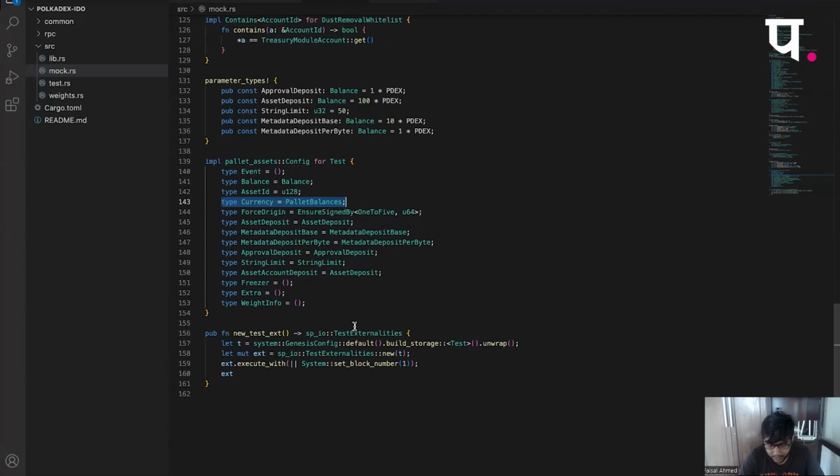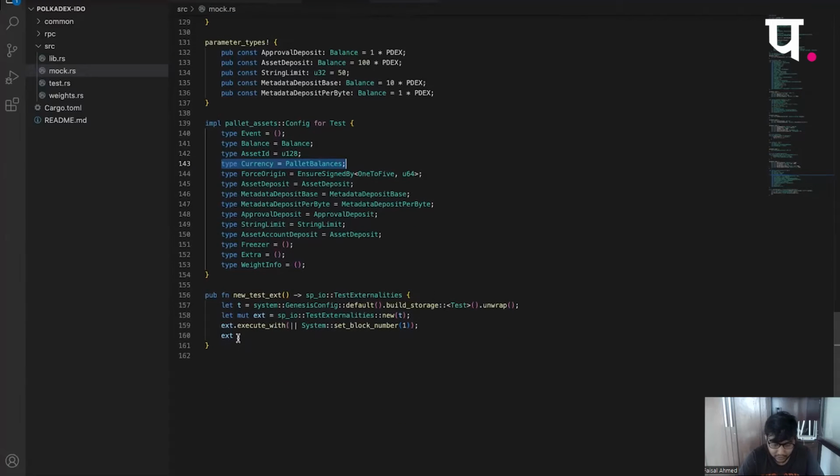The last part of the mock environment is the new_test_ext function. What this function essentially does is that, like I said, a blockchain is a state machine, right? So we need something that works like a state machine. That is, we give it something and it gives us a new state, and that is how we want the mock runtime to work.